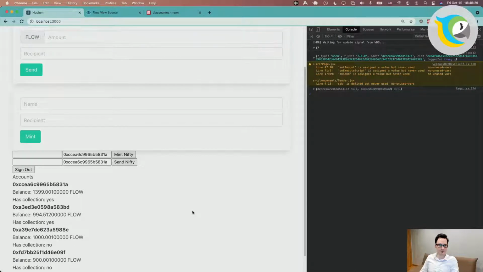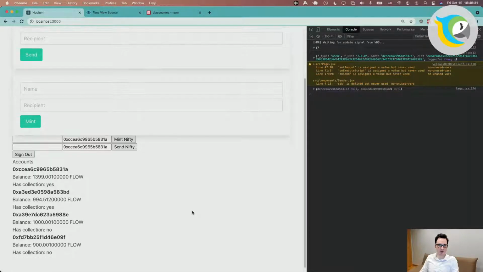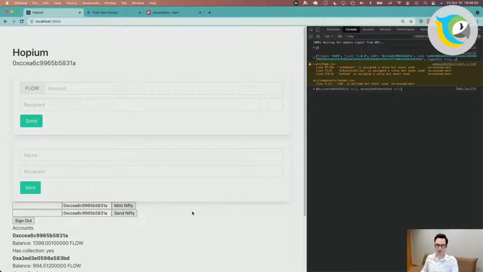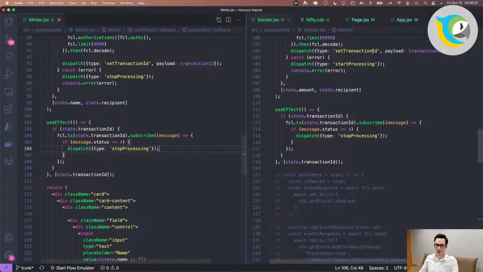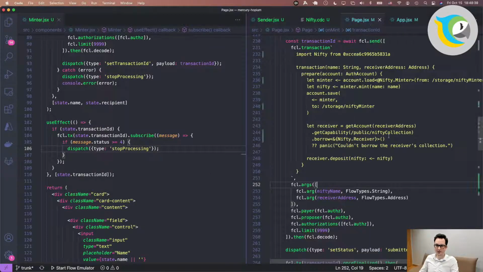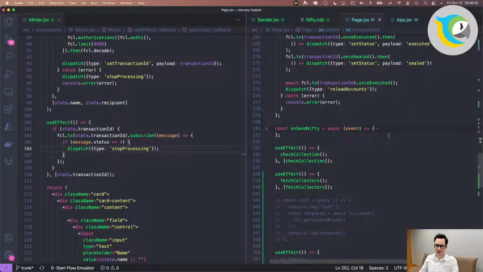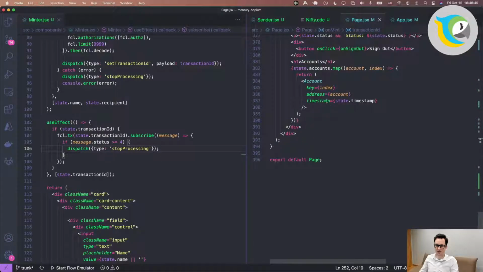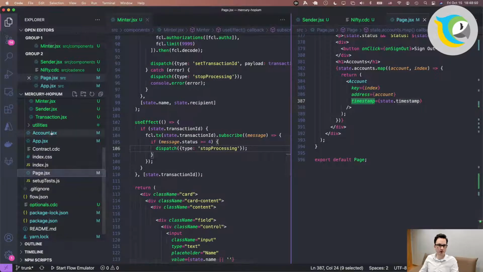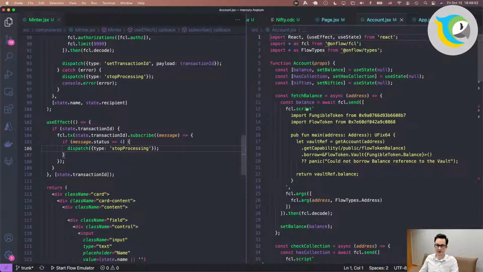Okay, so now let's grab this transaction ID for future reference. So we minted something, but we don't have a place where we render it. Nothing's being rendered. Previously we had a collection. Collections were being printed with the account component.